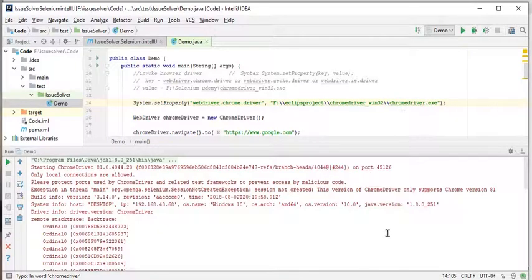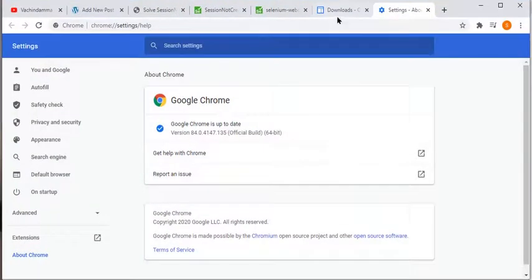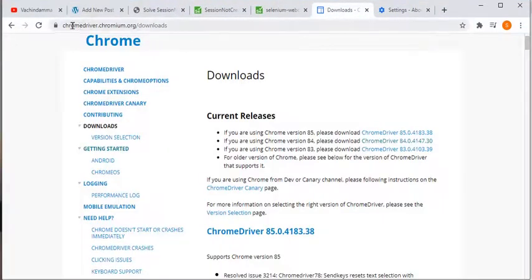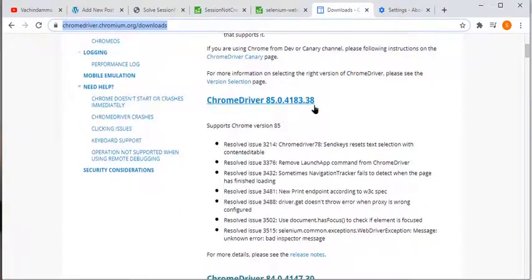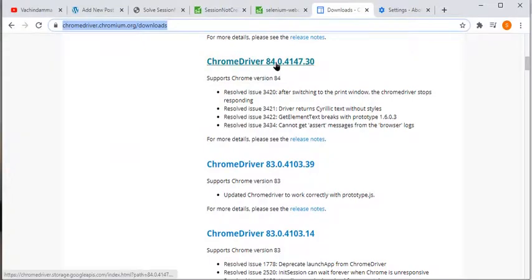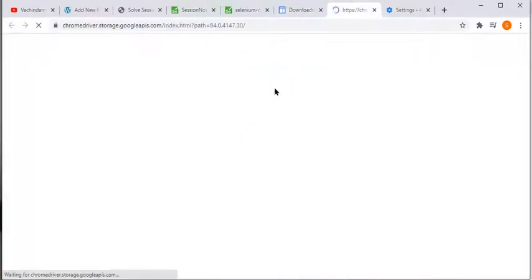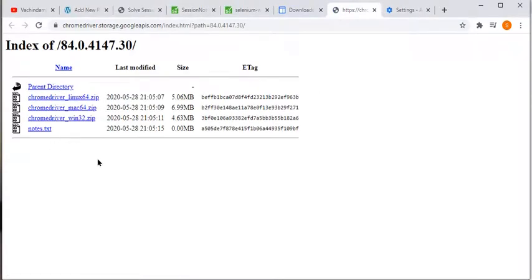To upgrade, you can go to the Chrome driver download link. Here you can find your Chrome driver. I have the 84 version of the Chrome browser, so I will download this. I'm using a Windows machine, so I will download this one. If you're using Mac or Linux, you will download those links.